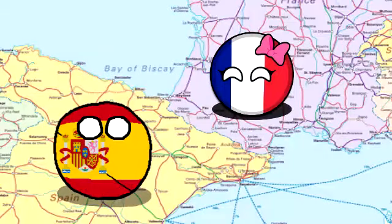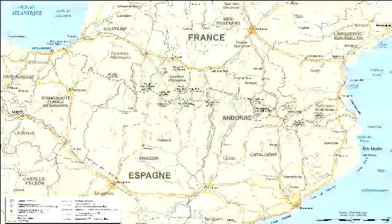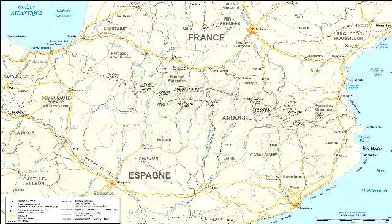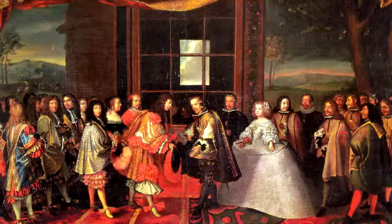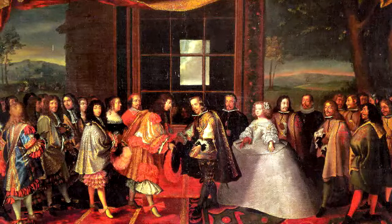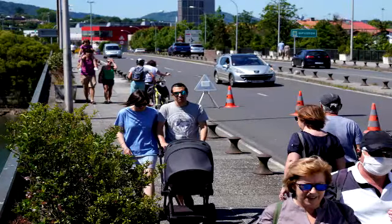The Spanish-French border mostly lies in a natural fortification, the Pyrenees mountain range. It spans from the Bay of Biscay to the west until reaching the Mediterranean Sea to the east. The Treaty of the Pyrenees in 1659 formalized the border, and it remains mostly stable, except for that one time when Napoleon jumped over. Like Portugal, both France and Spain are EU member countries and part of the Schengen area,